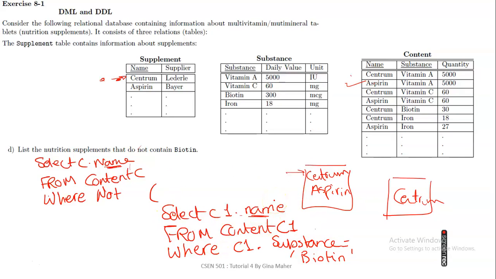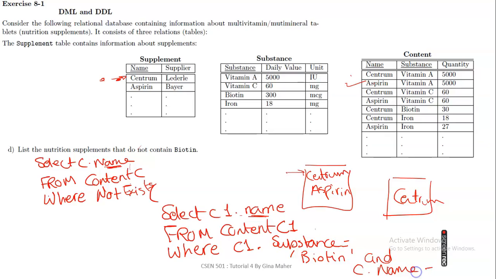If it returns true, then this one will be returned. If it returns false, then this row will not be returned. Okay, so we are going to write NOT EXISTS. NOT EXISTS select name from content where c1.substance equals biotin and